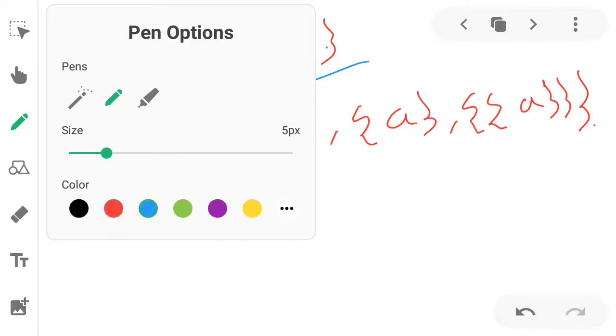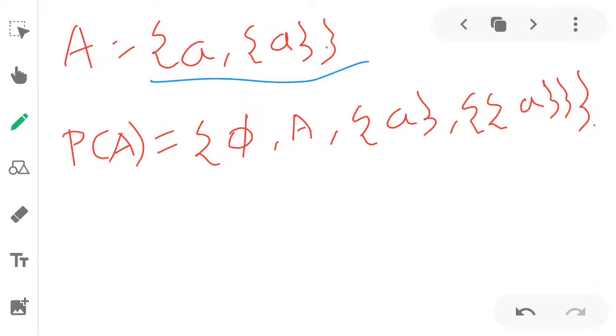So phi is the first element, {a} is the second element, set A will be for this element, and set {{a}} inside double curly brackets will be for this particular element. So this is the answer of the first statement, the power set of A is equal to this.